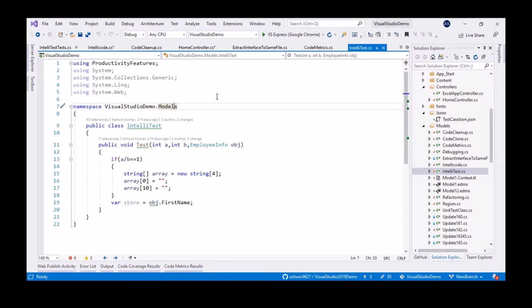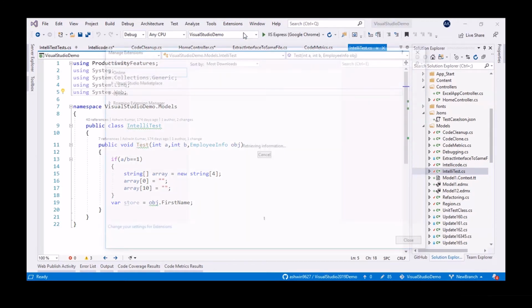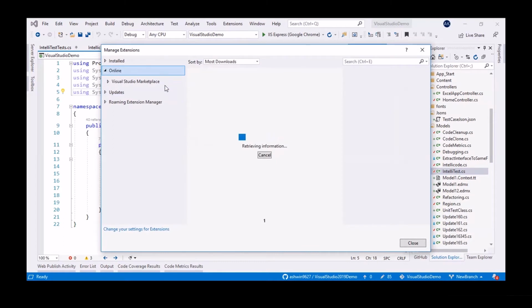But now they have given the Extensions tab here itself. If you want to download any extensions, you don't need to go to the Marketplace separately in the browser. Instead, you can use this option called Manage Extensions. Click on it, and you get all the extensions here itself. You can download extensions from the Visual Studio Marketplace and manage them here itself.